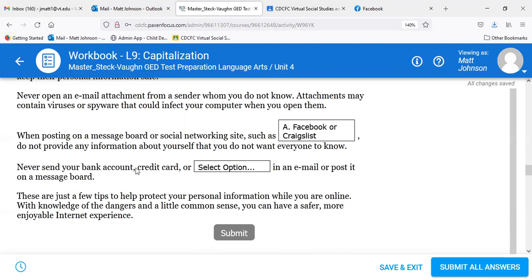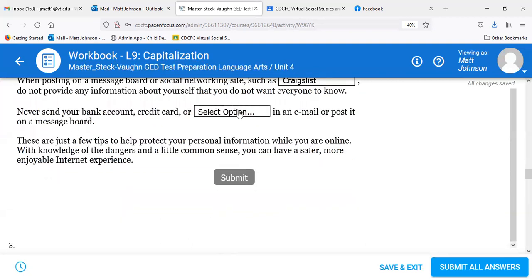So let's move on here. Facebook or Craigslist, do not provide any information about yourself that you do not want everyone to know. Never send your bank account, credit card, or